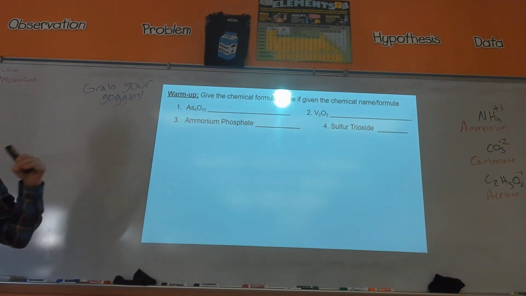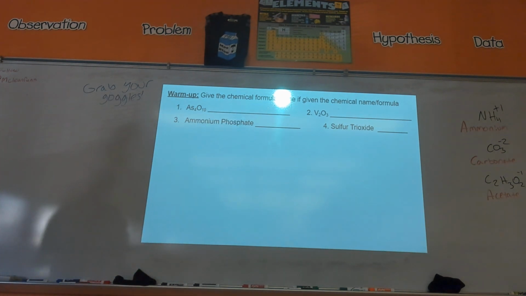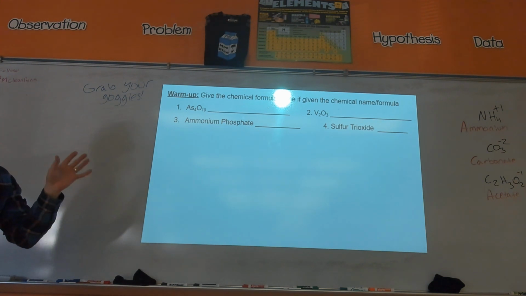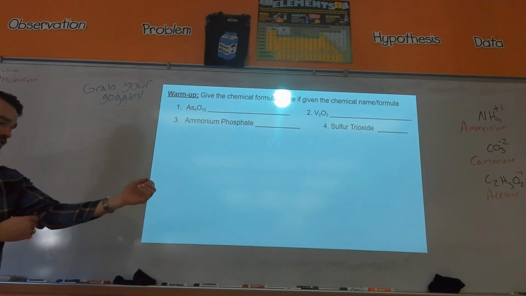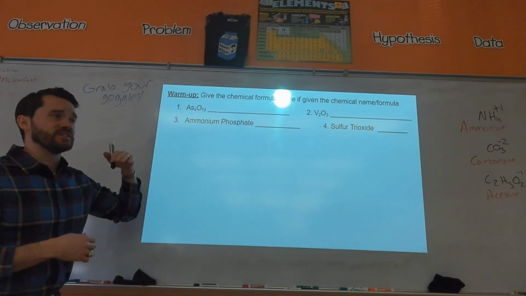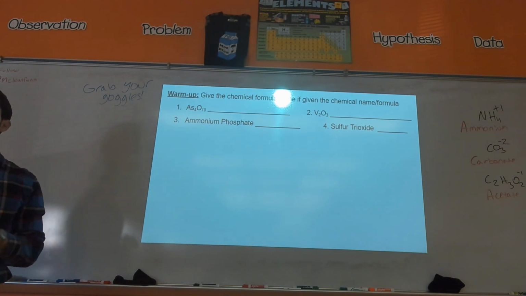As I mentioned later on in this unit, we're going to be doing actual chemical reactions. You're going to predict, if I give you these two reactants, what products would you make out of this chemical reaction? To understand that, you really have to understand naming. So for the warm-up and the second part of the formative today, because the lab shouldn't take you too long to do, I gave you some more naming practice just to make this transition to predicting products a little